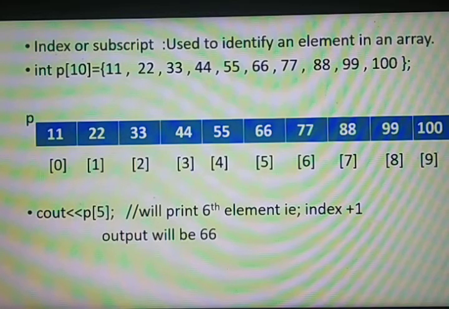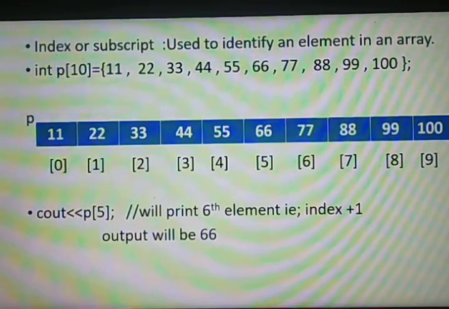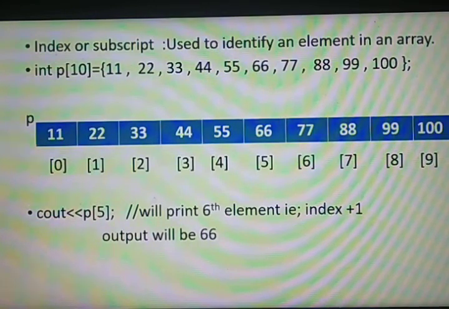If you declare a variable as p of 50, the index value will start with 0 and end with 50 minus 1, that is 49. So the index value ranges from 0 to the array size minus 1.